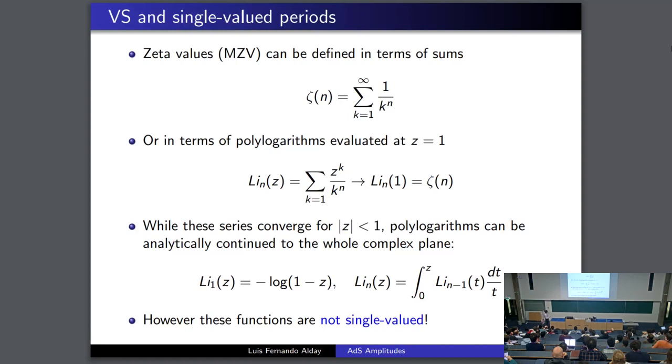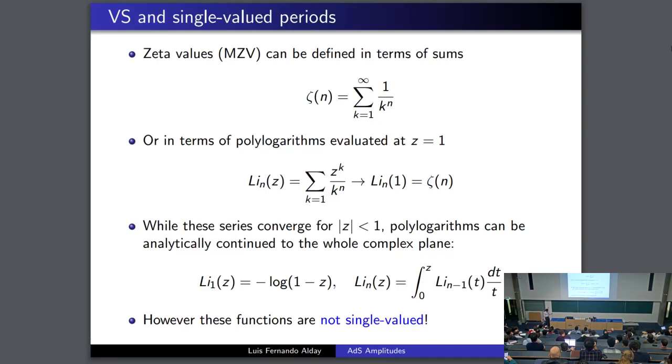So if you evaluate this polylogarithm at z equals 1, you get the zeta value zeta n, okay? Now, while these series converge only inside the unit disk,